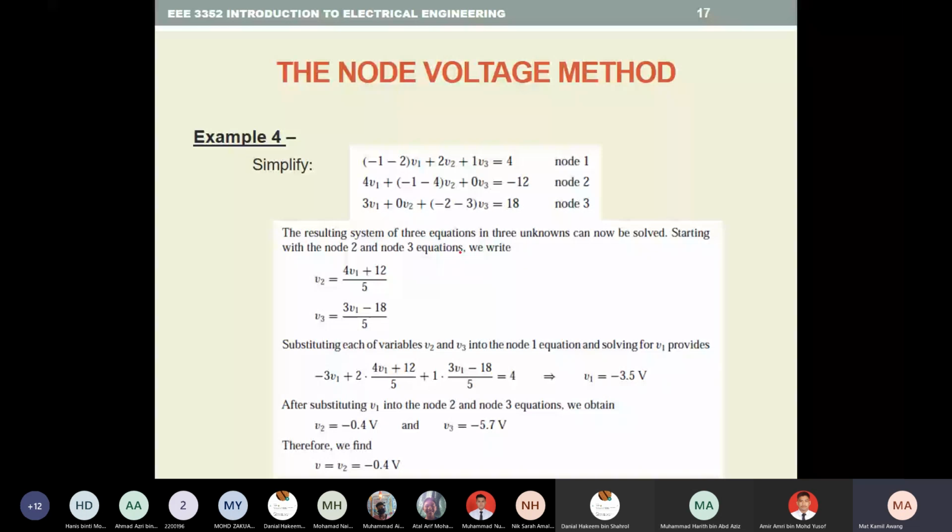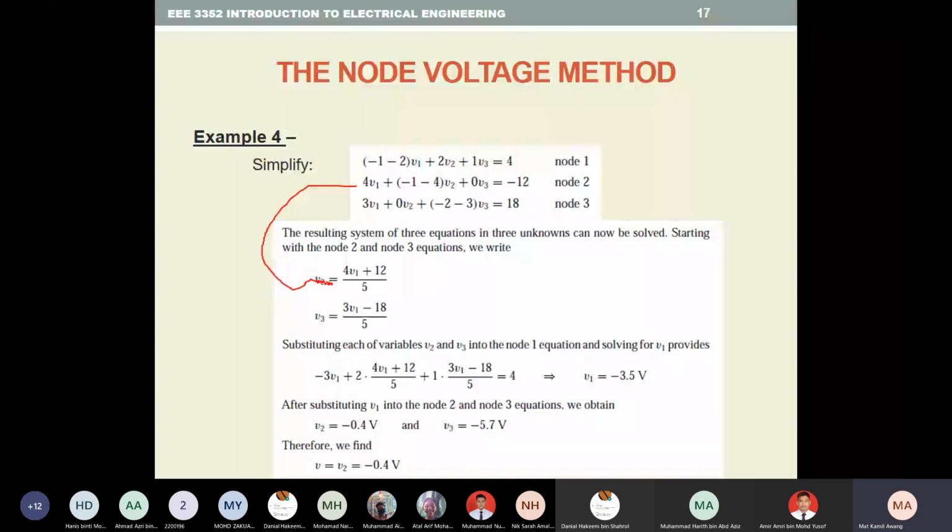Okay. And you can solve the equation by doing the simultaneous equation solution. So V1 is equal to 4V1 plus 12 divided by 5. So from this, actually you get this,